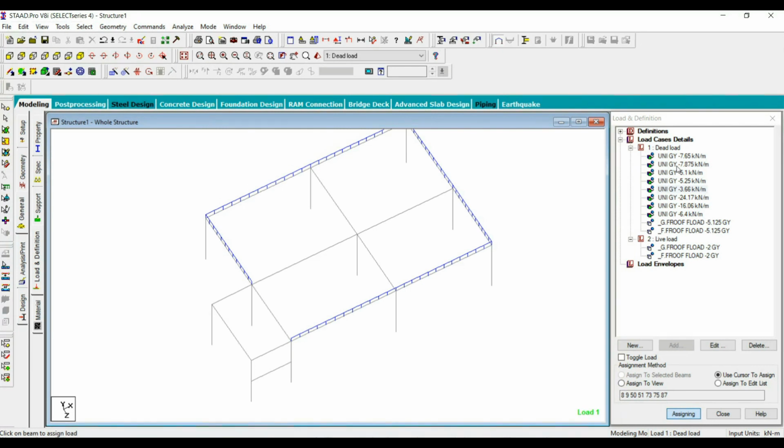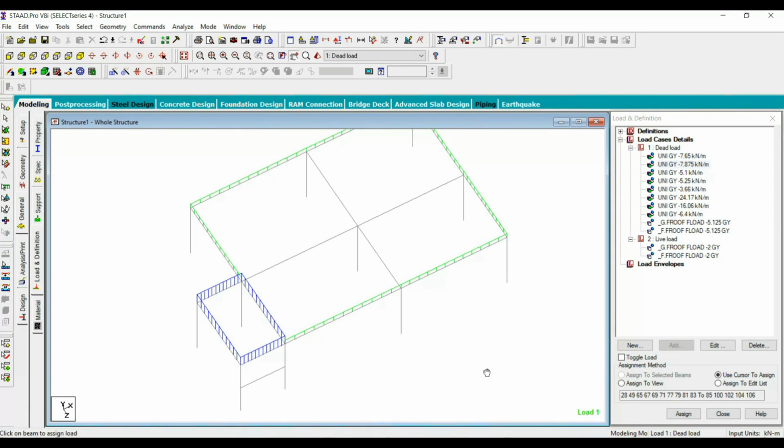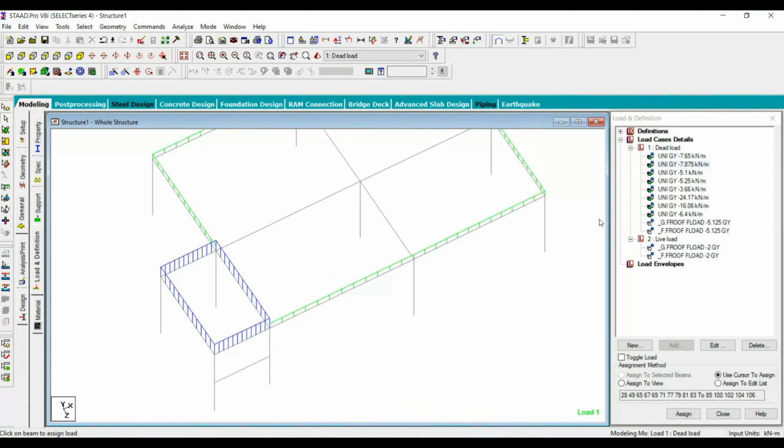That wall load is this one, 7.875. We can apply that on all the sides. And apart from that, we need to apply the staircase load here. Assign.